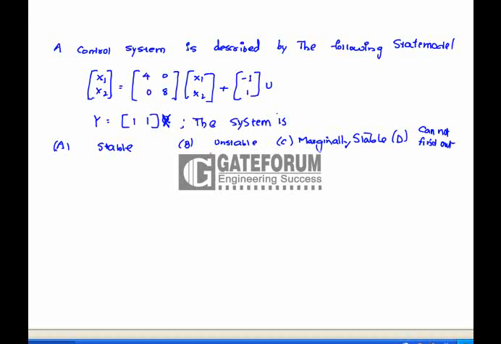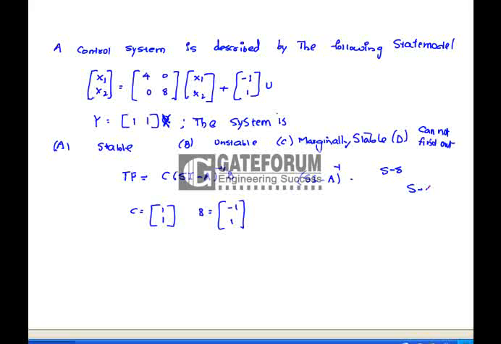A control system is described by the following state model. We have to find out whether the system is stable, unstable or marginally stable. What is the status of the system? So before deciding that, we have to find out the transfer function of the system from the given state model. That is, the transfer function is C into sI minus A whole inverse into B. Here C is 1 1, B is minus 1 1, and sI minus A whole inverse is